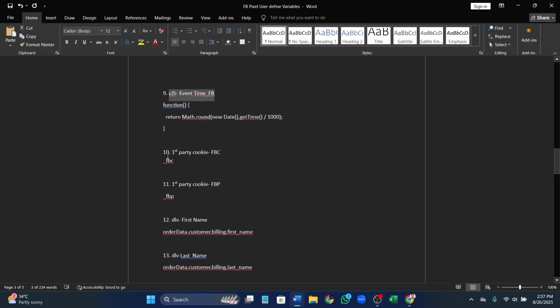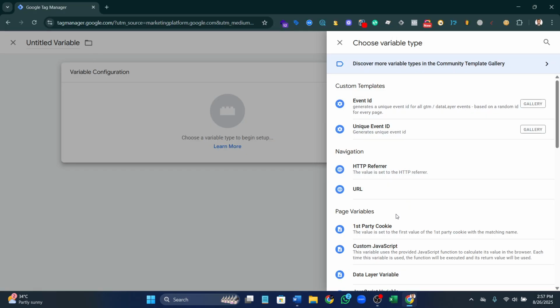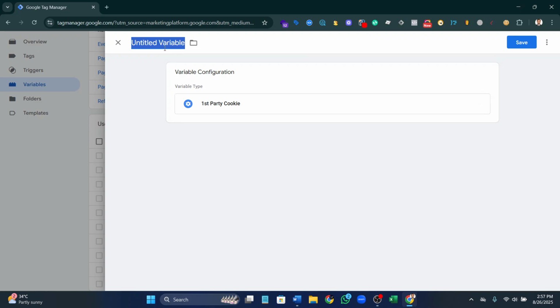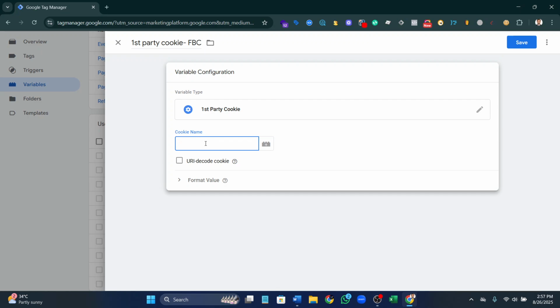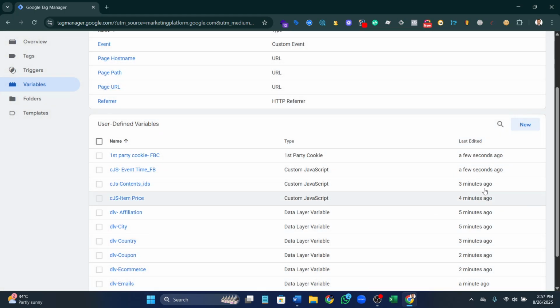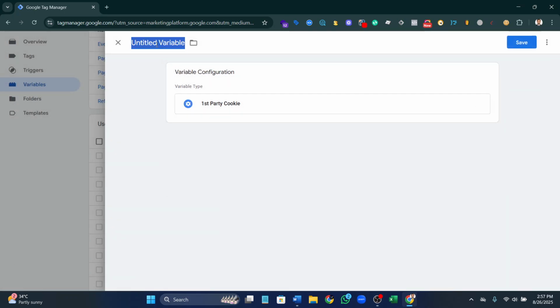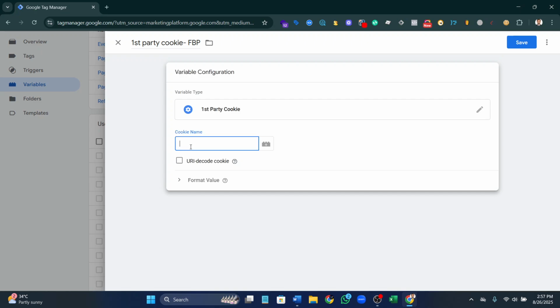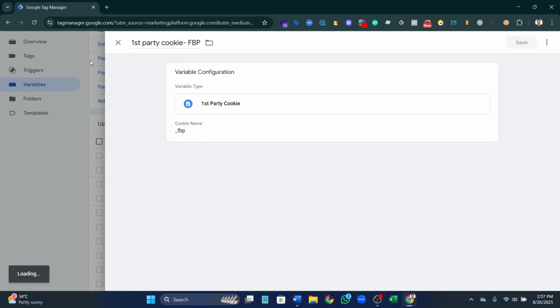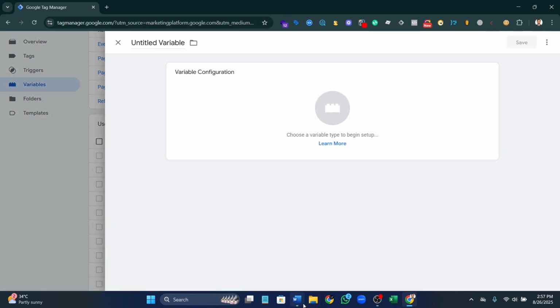Yeah, it's first party. Okay, FBC, first party cookie, underscore FBC. Next again, first party cookie, FBP, underscore FBP. Save. Next,